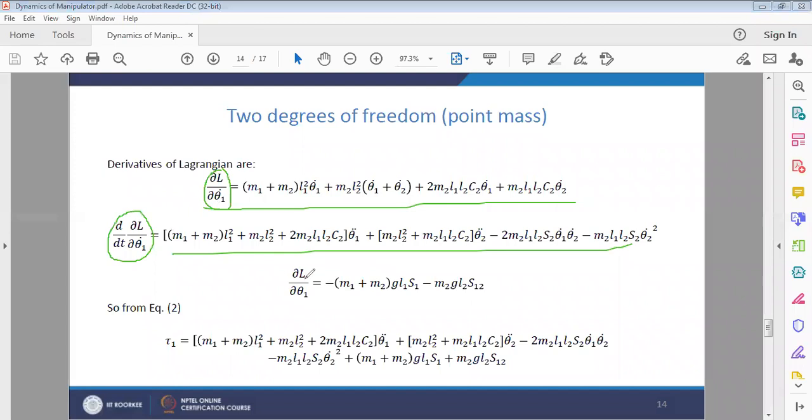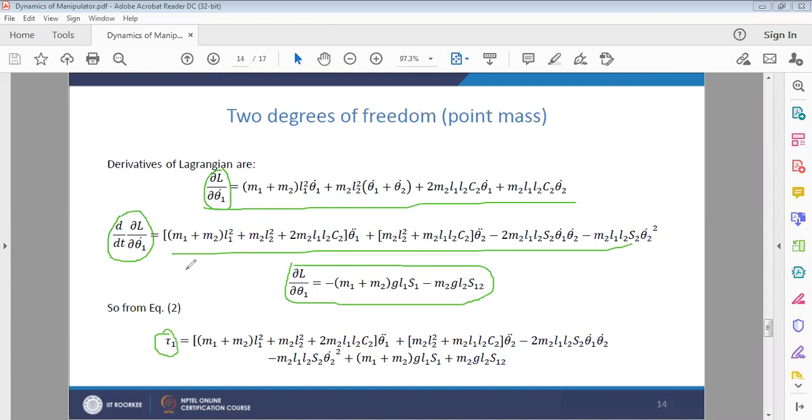Next you partially differentiate L with respect to angular displacement theta 1. So dou L by dou theta 1 is equal to this equation. Therefore the torque tau 1 is equal to